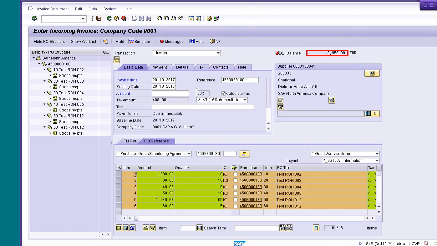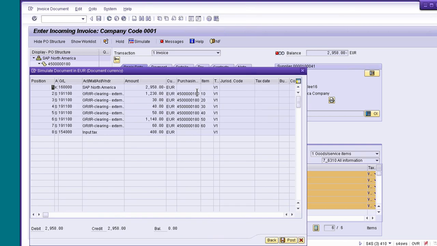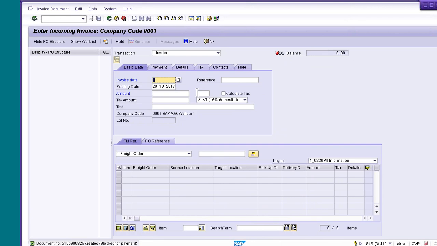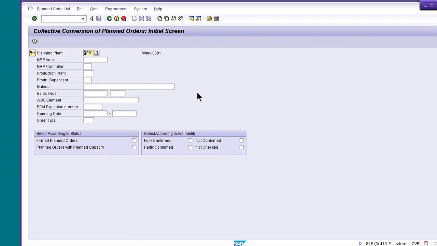Okay, good. I have my balance number. This is again where I have to use the get GUI to get the total amount to be booked. Okay, good. It's posted. Now we can move on